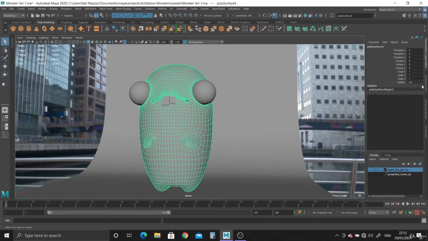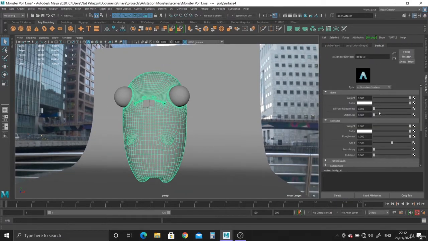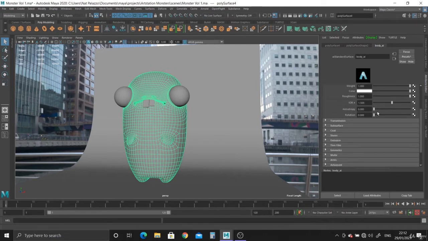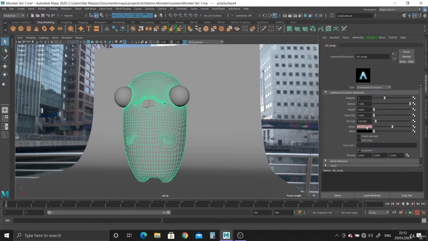And so let's take a look at the attribute editor, body AI, and we got to go to the subsurface and click on the channel here. Now remember, we plugged the ambient occlusion into this channel, and so we want to put the texture that we just painted on him into here, this channel here, white. So click on it,